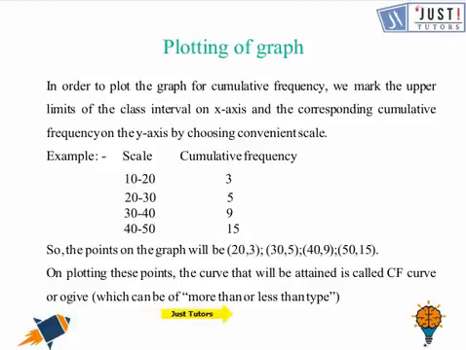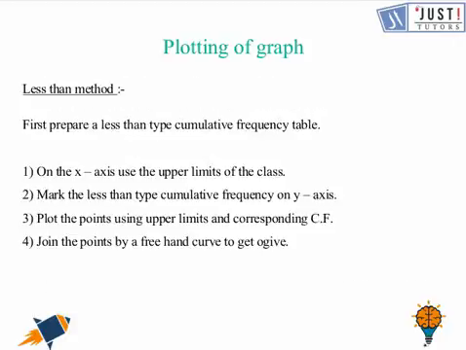So here we learn how it's more than or less than depending upon the data that we have chosen. Let's learn how we actually do that. In order to draw a graph with less than type, we need to work for the upper limits of the class on the x-axis and the less than type frequency on the y-axis. Then we plot the points using the upper limits and the corresponding cumulative frequency, and then we join with the